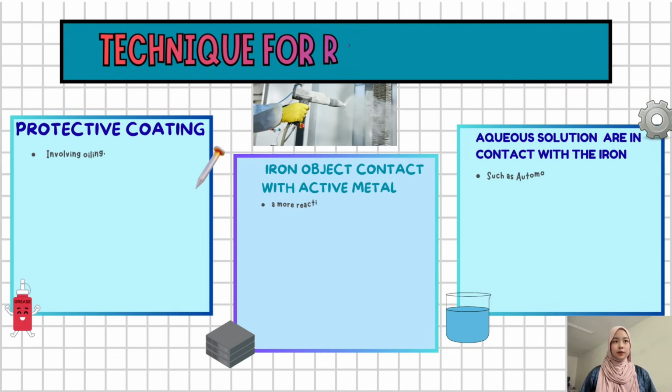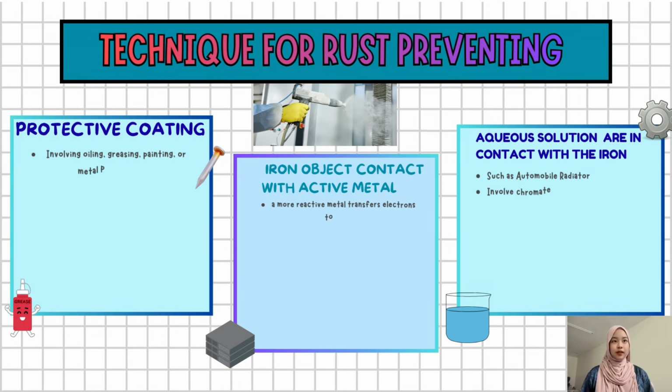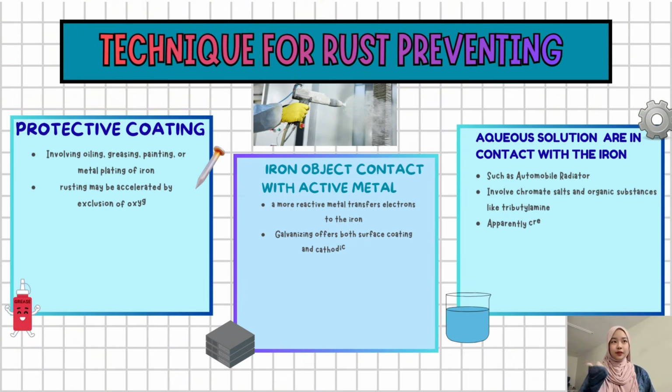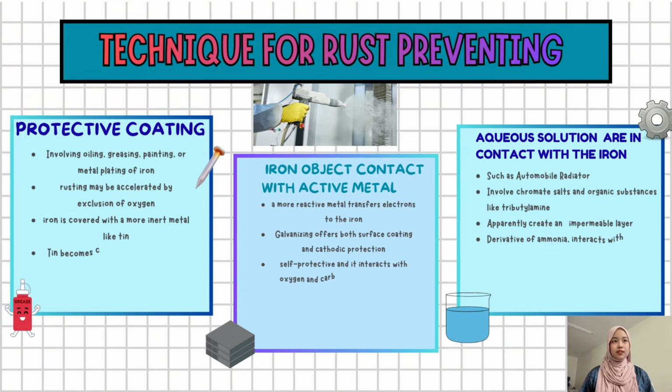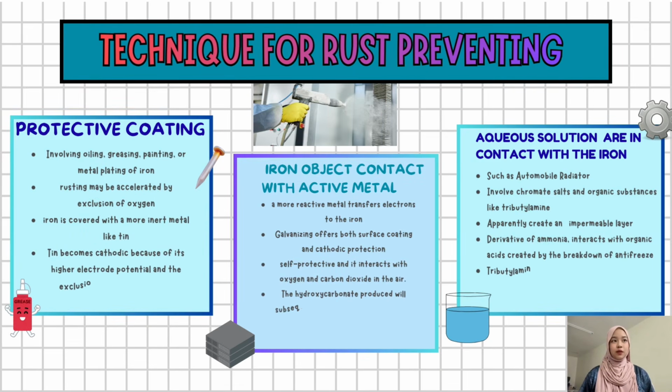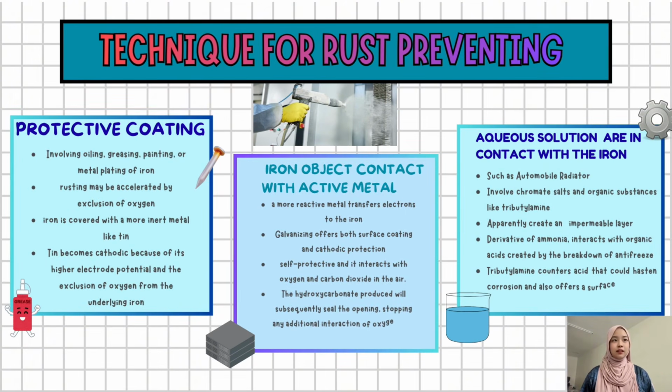This slide explains several methods used to prevent rust. One method is protective coating, which includes oiling, greasing, painting, and metal plating. These coatings slow down rusting by blocking oxygen from reaching the iron. Iron can also be coated with a less reactive metal such as tin. Tin acts as the cathode due to its high electric potential, and it helps protect the iron underneath by preventing